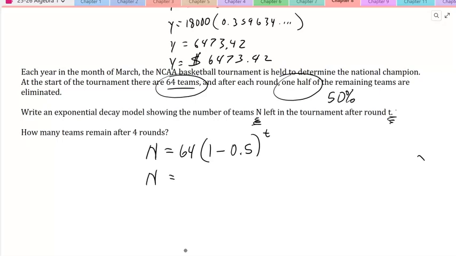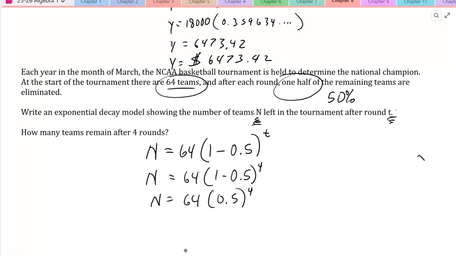So N is equal to 64 times the quantity 1 minus 0.5 raised to the 4th power. Okay, we've got to do the parentheses first. So N is equal to 64 multiplied by 1 minus 0.5, which is 0.5, to the 4th power. So 0.5 raised to the 4th power